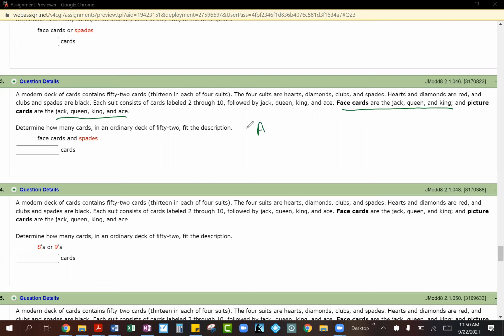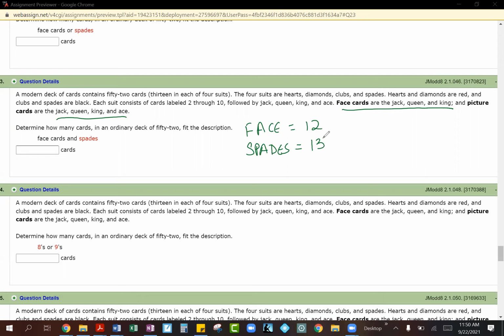So again, with face cards, it's 3 times 4. So yeah, 12. And what did you have for spades? It would be the 13 because they said 13 in each of the 4 suits. Right. Yeah, exactly. Because by the time you go from 2 to 10 plus the picture cards, it adds up to 13. So they want to know basically what is the intersection